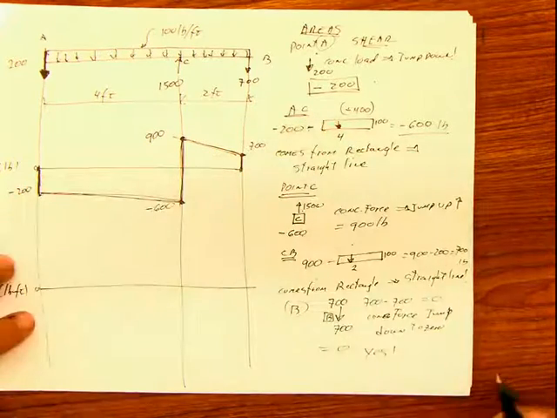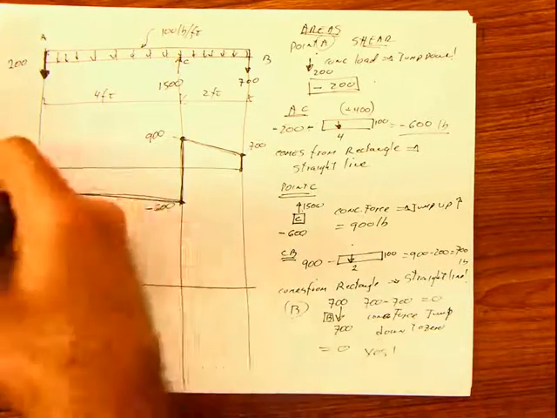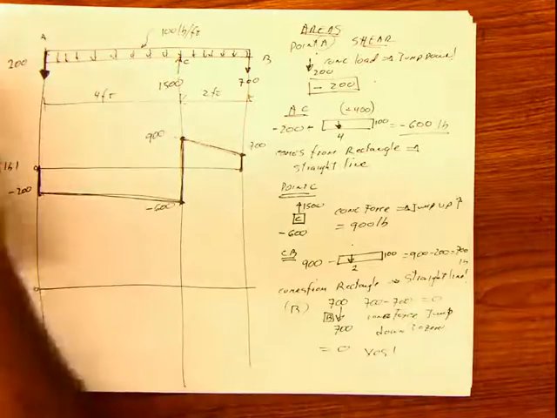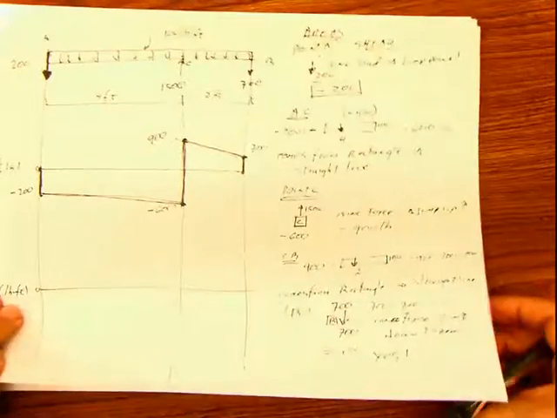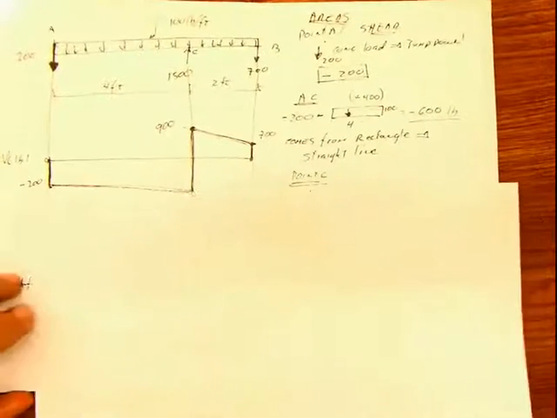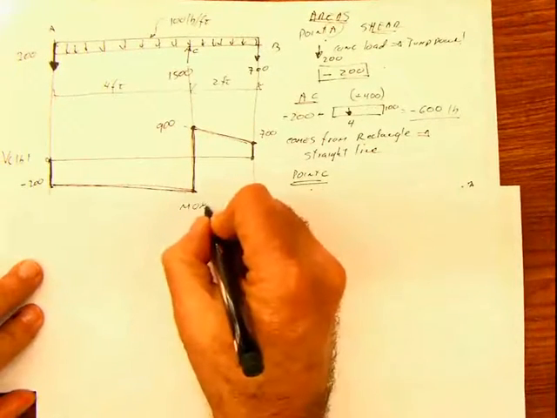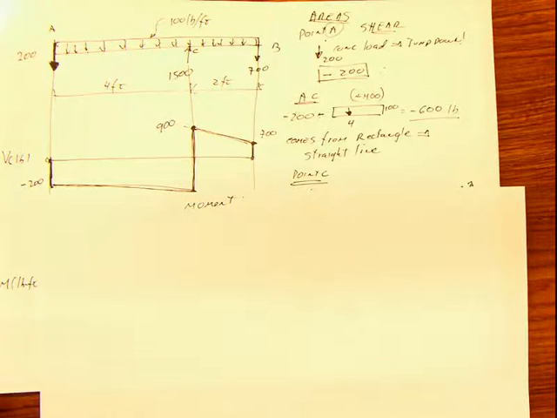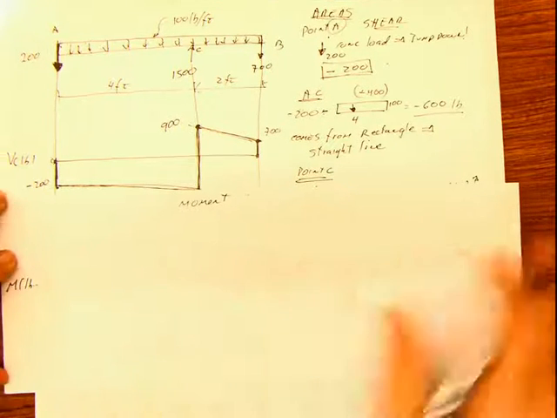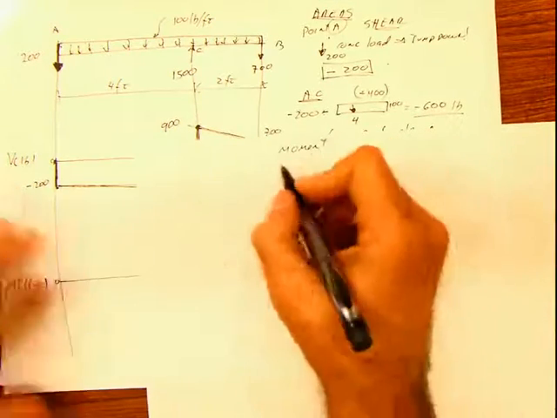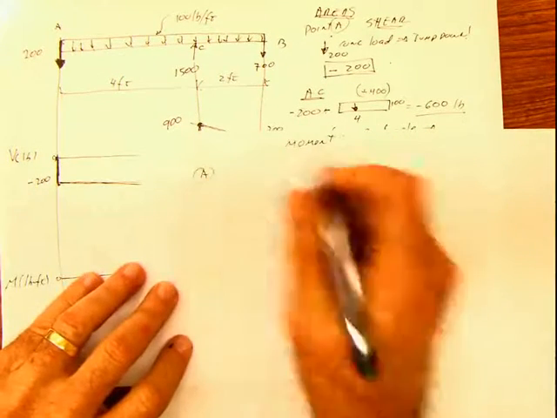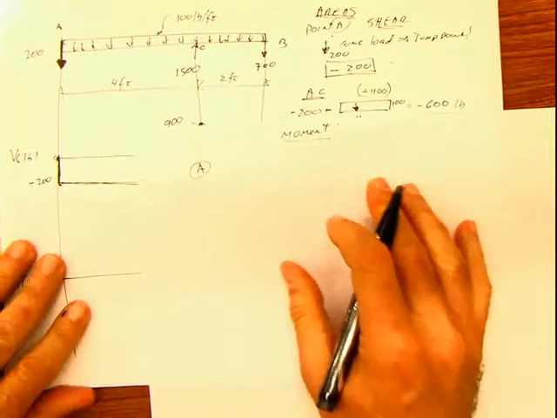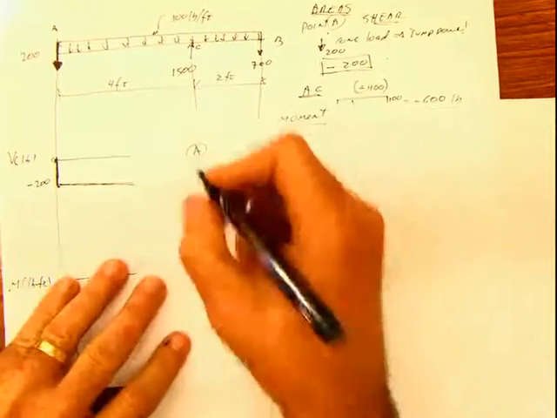And then this is going to be 0, and then you say yes. First part done. Now compare these versus these calculations. Moment. Let's do the moment by areas. Well, if we do the moment by areas, then I have to start from my point A. Always point, span, point, span, point, span. So we start at the point A, and we say,